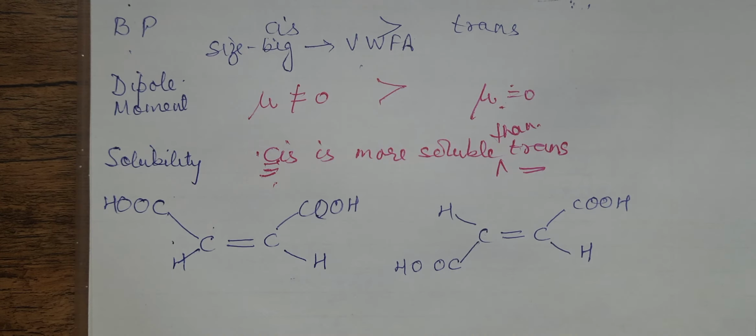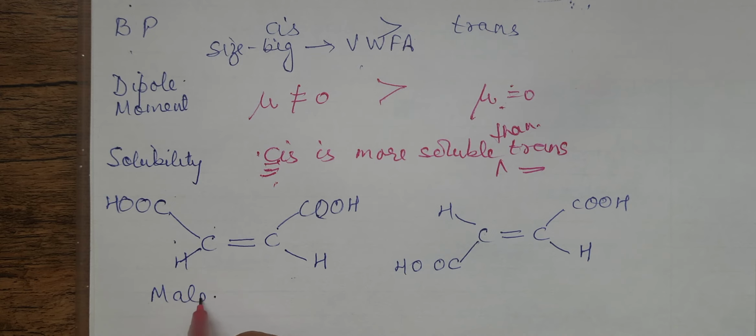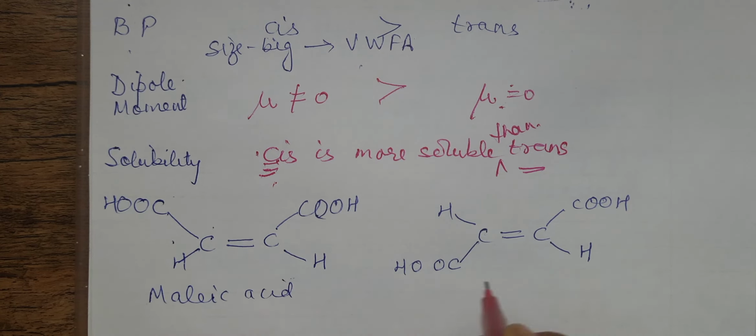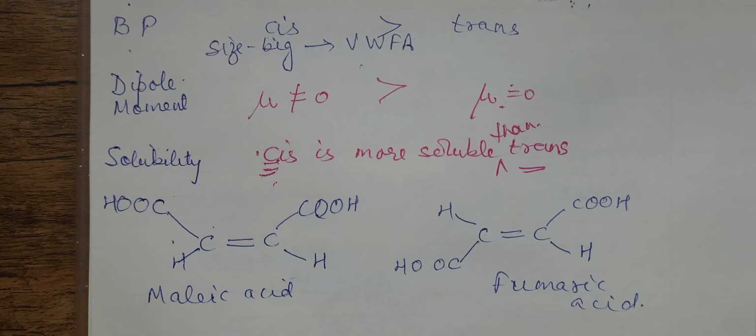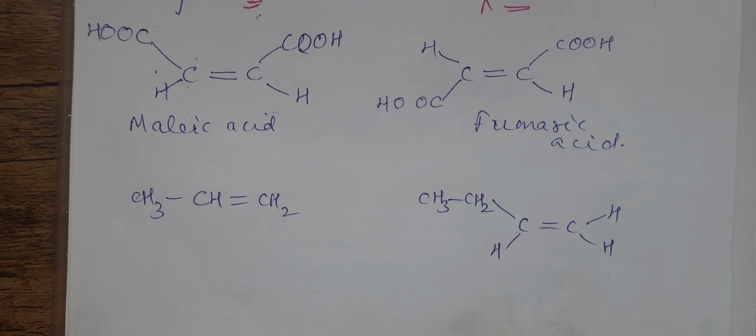Till here clear? See, I've written one more example of cis and trans. This is the cis isomer, and the cis isomer is called maleic acid. This one is called fumaric acid. Sometimes the names are also different when they consider the cis or the trans form. If you want to give the IUPAC name for this compound, it is but-2-ene-1,4-dioic acid, with 4 carbon atoms and the double bond at position 2. So you can name the other example correspondingly.